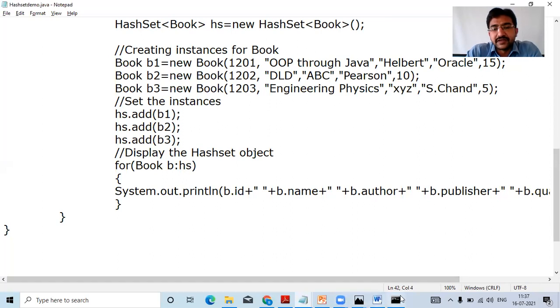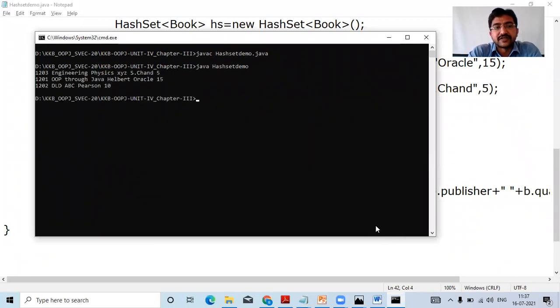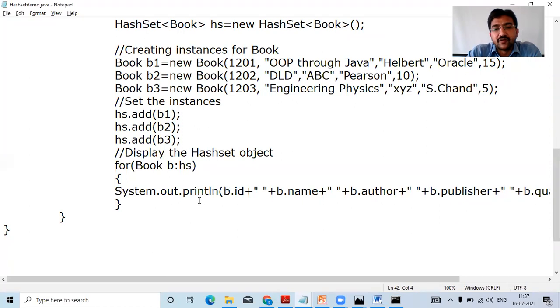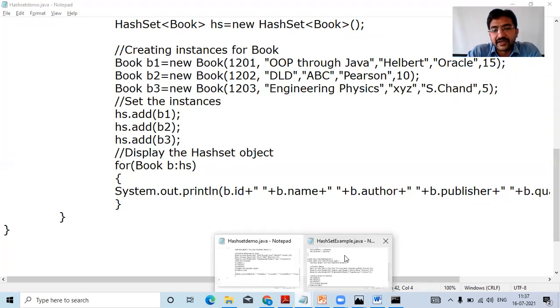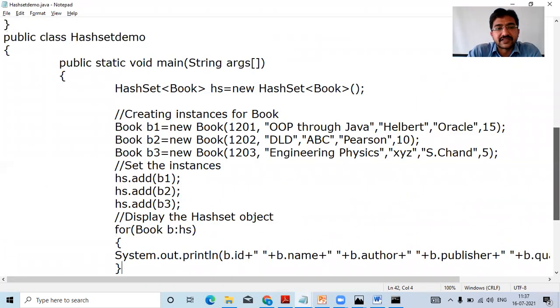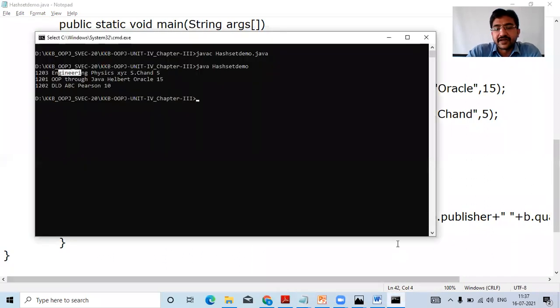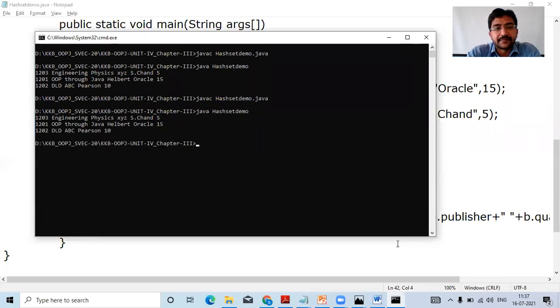So let me run the program so that you can understand very clearly. I'm just running this. Okay, done, right? So with the help of that also we can display. So 1, 2, 3. The values we are going to be displaying over here. So this is the program. Whatever program we have written here is the program. The same program, nothing has to change. Okay. So B1, B2, B3. So if you compile once again and run the program once again, it is the same.